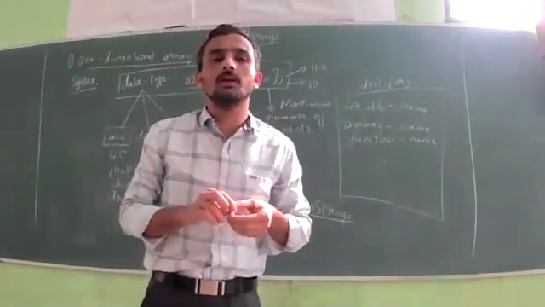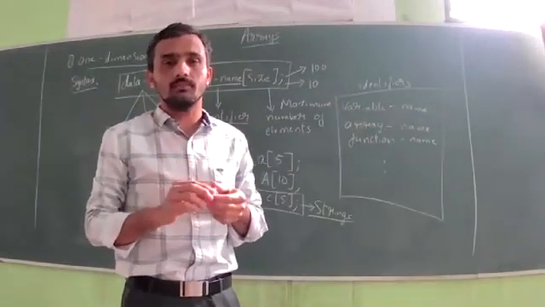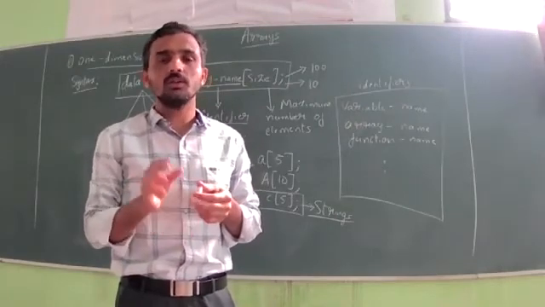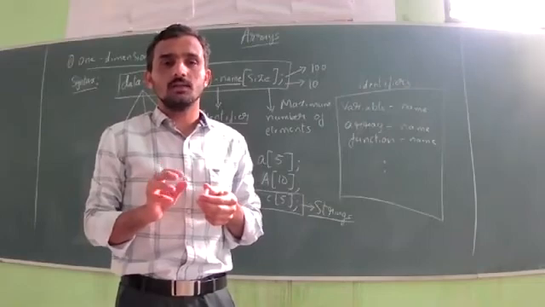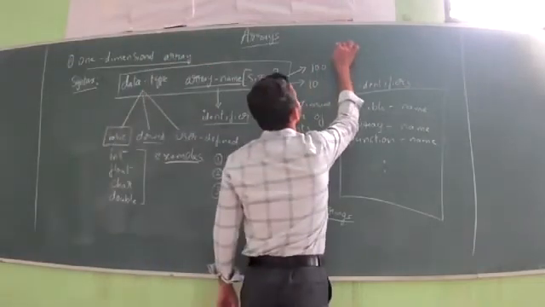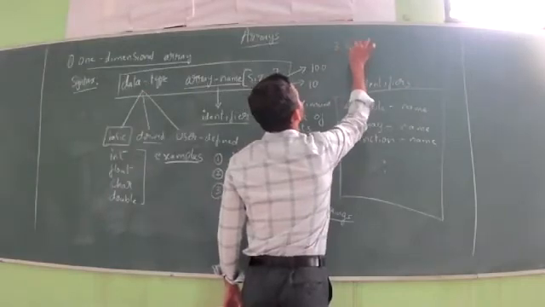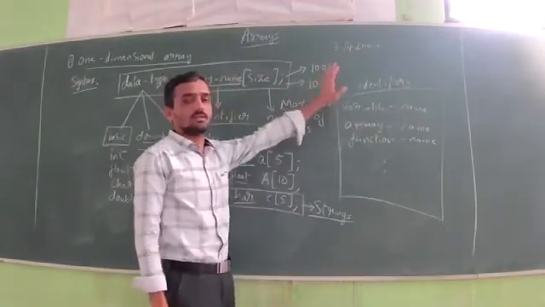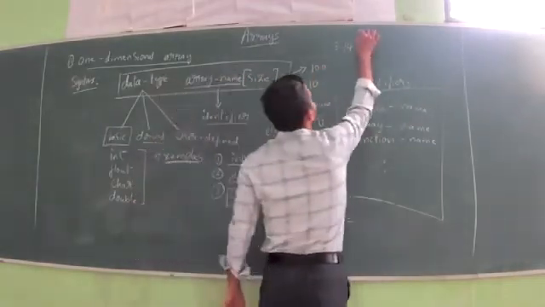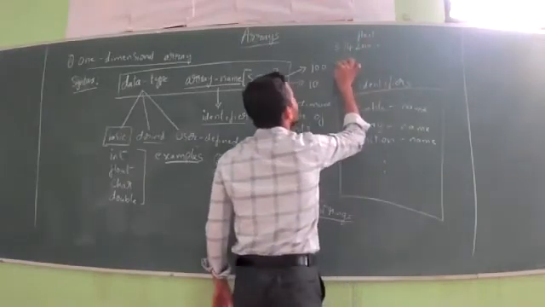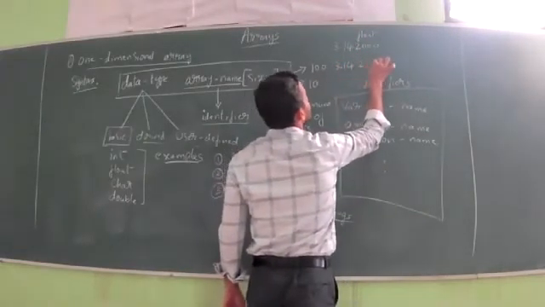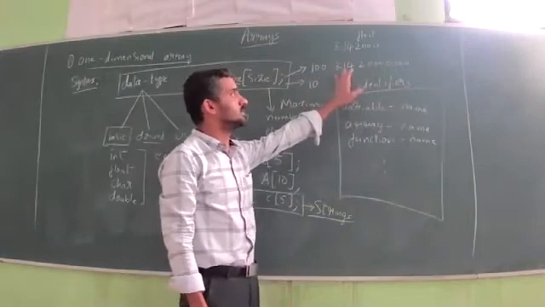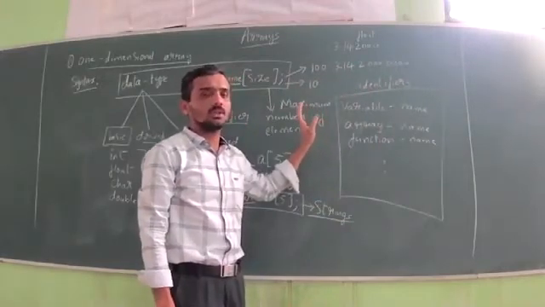See, by using the double data type, what you can achieve is accuracy. After the decimal point, if you want to display more numbers, then you have to use double. That's all. Like I said, if you consider the value of pi, if you display it using float, you can achieve something like 3.142, say 3 zeros here. It's not 3 zeros, but just an example I'm giving. This you can achieve by using float. But if you go for double, you can still go 4 more zeros. So more accuracy you can get by using double, that's all. But both come under floating point values.